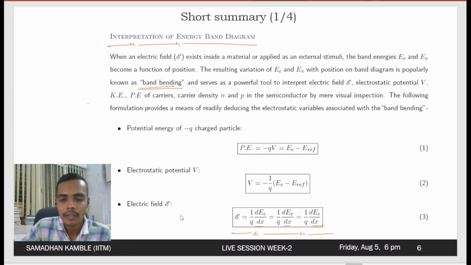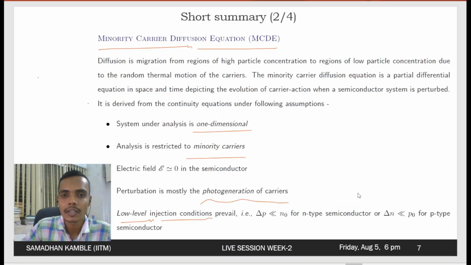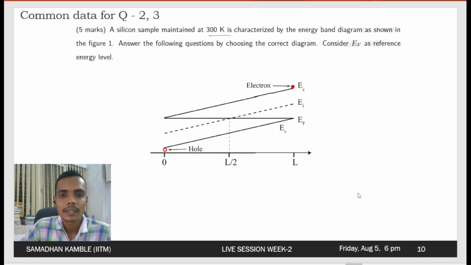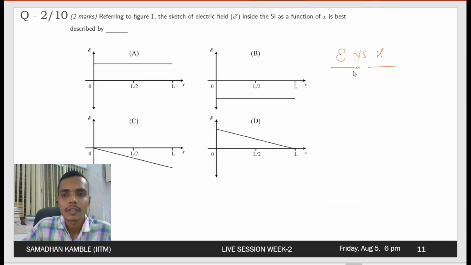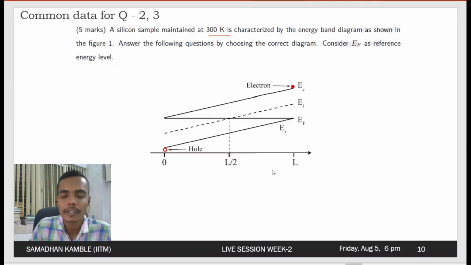As you can see here, our electric field is given as a function of the variation of our energy levels with respect to distance. So electric field is given as 1 over q dEc by dx, 1 over q dEv by dx, and 1 over q dEi by dx. So by looking at this particular equation, you can see that the energy with respect to the position can be determined quite straightforwardly,